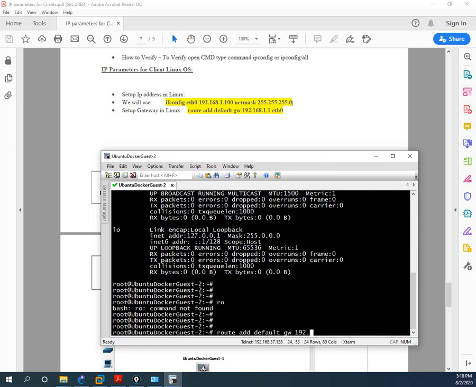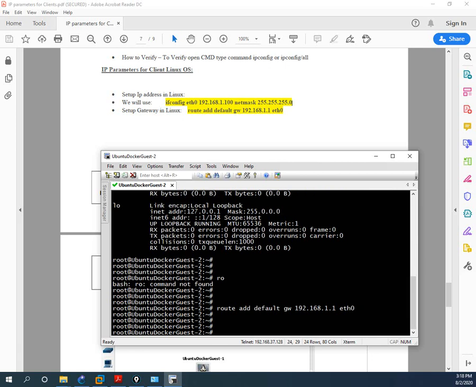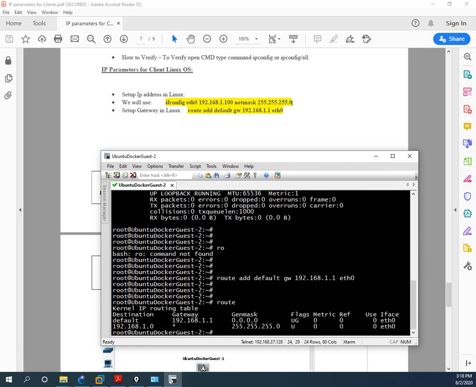Then we need to write the IP address 192.168.1.1. Which port? This is eth0. Press enter. Okay, and if you want to verify, I can write route. So you can see this is the gateway we assigned.